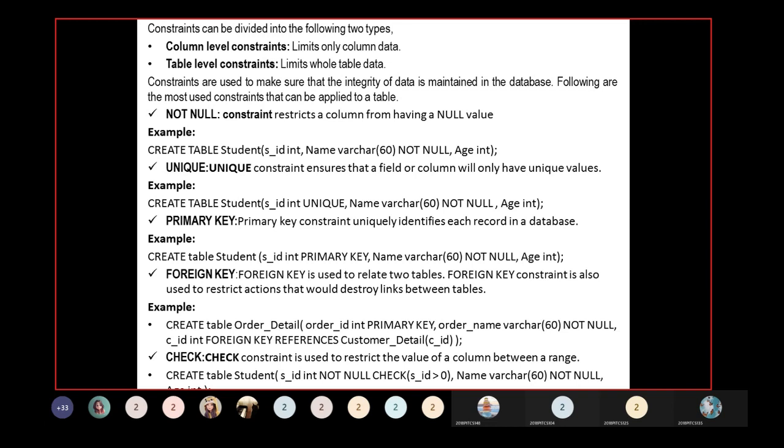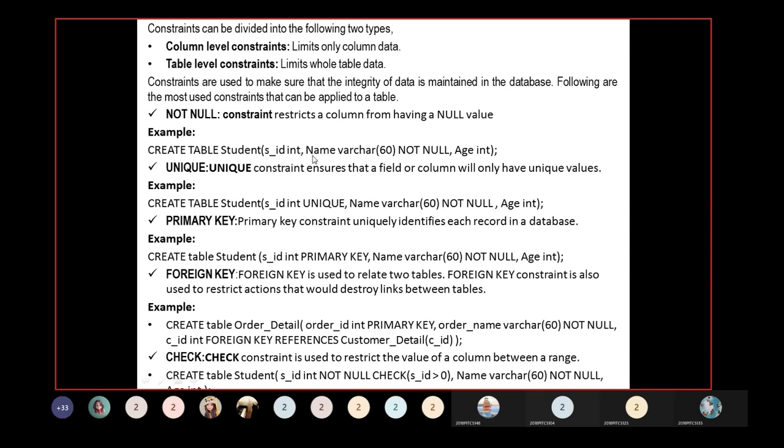Then you give the name to the table. That name can be anything. For example, if you are taking student, then give student. Suppose you are taking employee, give the employee name here instead of student. After create table student, we give the field names for the table named student. That is student ID, and then integer as the data type.